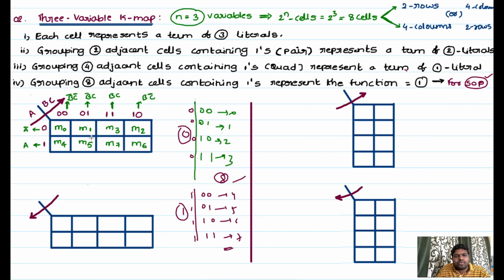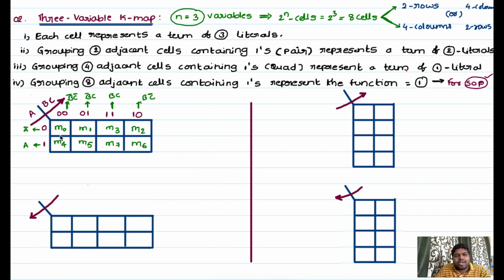Don't get confused with 0 1 3 2. Okay, so first 3, after that 2 only. So many students make mistakes from the sequence only. They just follow 0 1 2 3 like that. Okay, so definitely they will get a wrong expression at the end. Now numbering is also over. Just you can write each and every square box's literals.